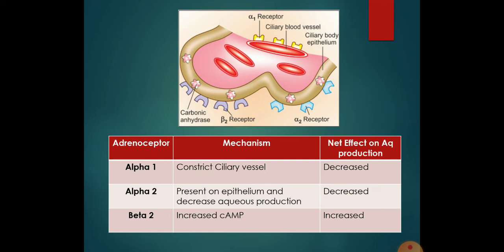Glaucoma is the second most frequent cause of blindness in the world and is a disease of unknown origin. It is characterized by progressive degeneration of retinal ganglion cells and optic nerve fibers. Usually it is accompanied by increased intraocular pressure, but not always. You can't say that it will always be associated with intraocular pressure.